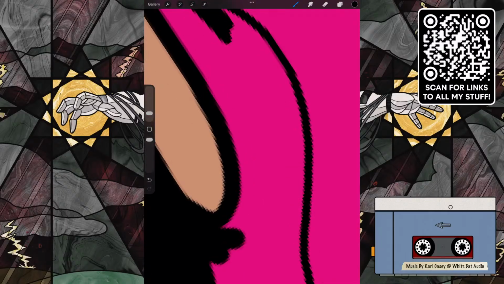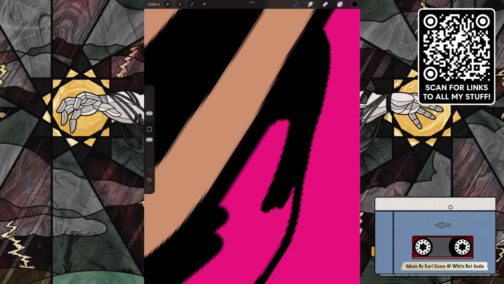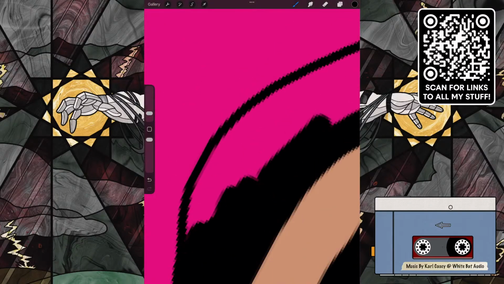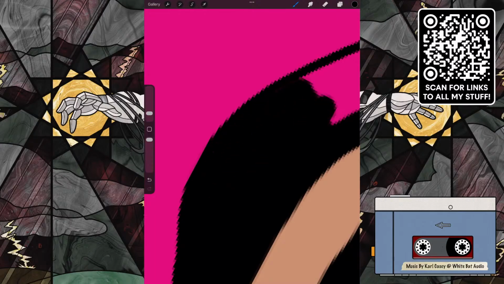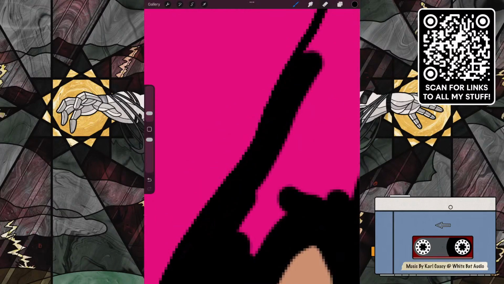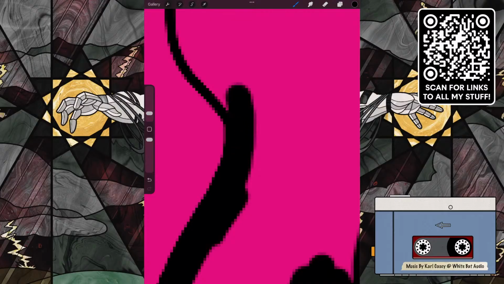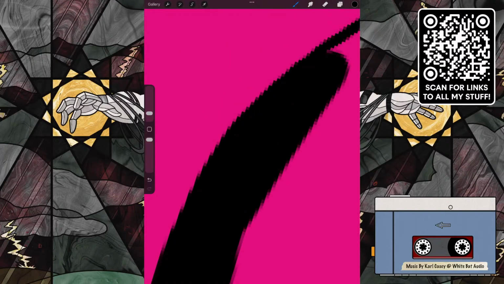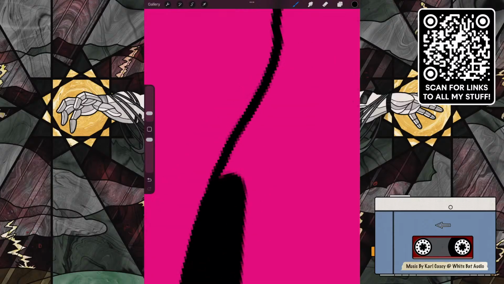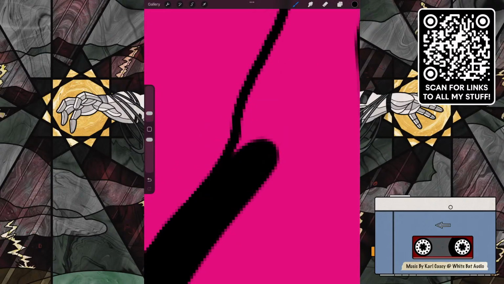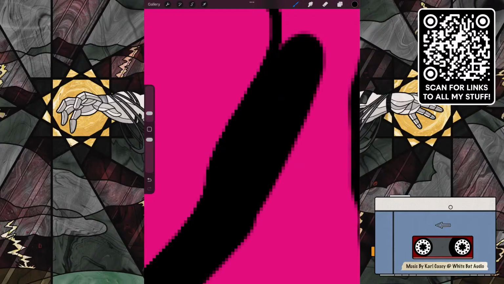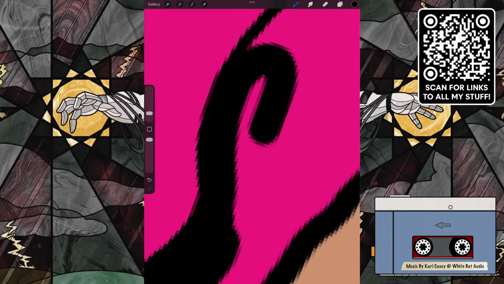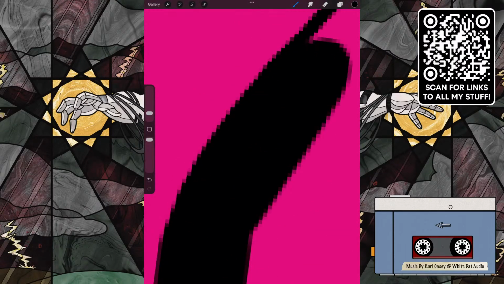So I have to be a little bit more careful on the edging here so that I preserve the line work. And we'll bring that right there. And we'll just go along here. Some of this will likely be able to be filled by a paintbrush. It's the only problem with this harsh pink and black. If I miss a spot, it can actually be invisible because the pink is so bright. I don't know how it looks to you, but it's so bright on my screen that it can wash out. You can actually literally wash the black out.